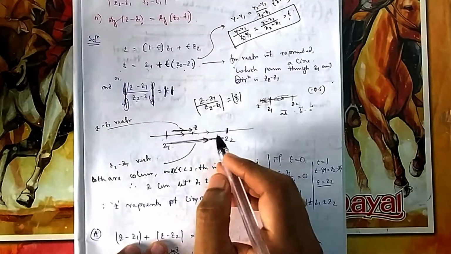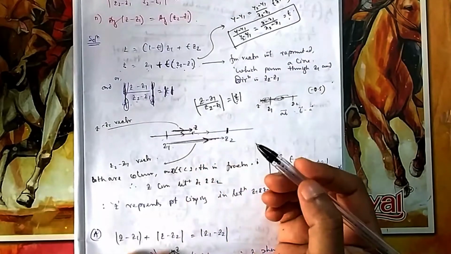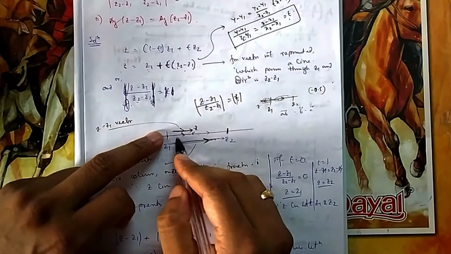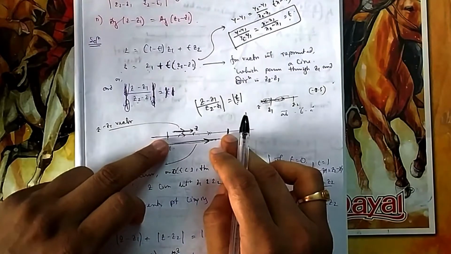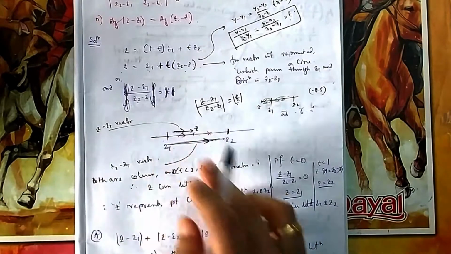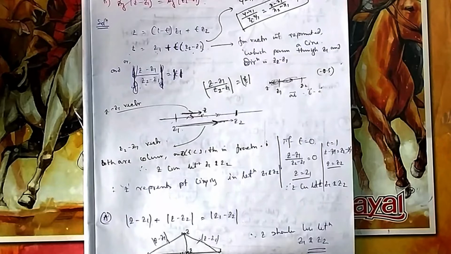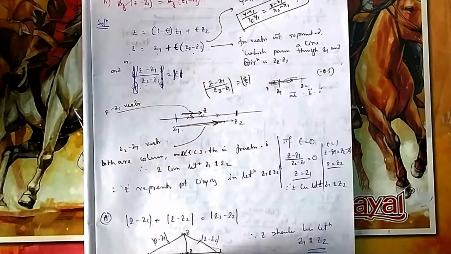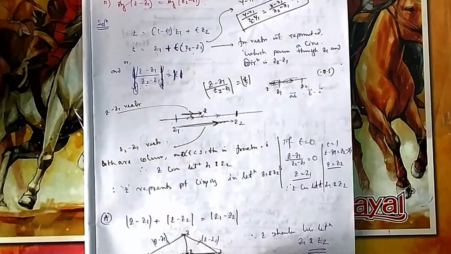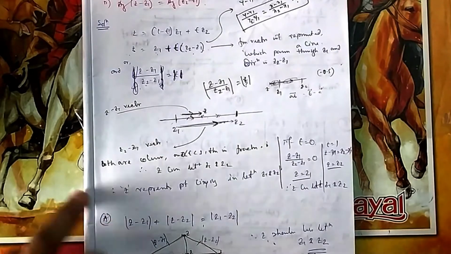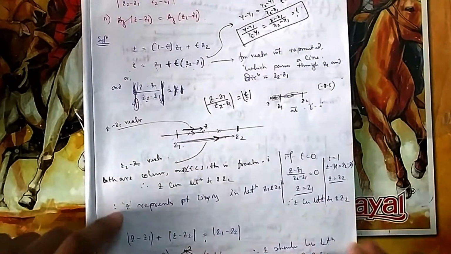Z minus z2 will be directed towards z in magnitude. They are asking only about magnitude. So z minus z1 is this magnitude, plus this magnitude, is this magnitude. Yes, it is true, from here you can see. This minus this plus this minus this is equal to this, since z is here. So this length plus this length will give you this length. So z should lie between these. I have seen that z is lying there, so option A is satisfied.